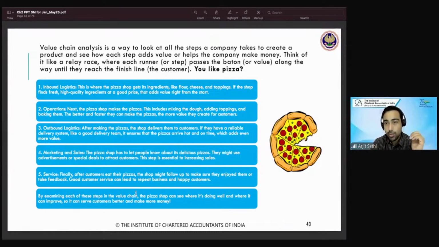So let's say there is P pizza, they give you a large pizza for 500, 600 rupees. That's the market price. They give it for 600 rupees, a large chicken tikka pizza. With this company, with all these 5 layers adding so much value, doing their best, the customer is going to value that. The customer is going to value that means is going to pay more.